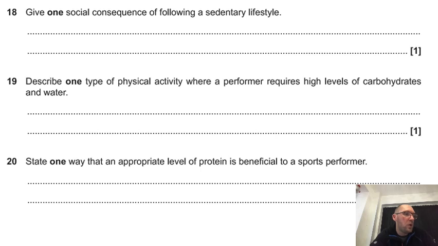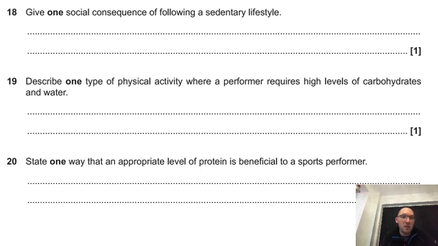So once again, we're looking for not meeting people or being isolated or not being part of a group, team, a community or poor social life, not having any friends or fewer friends, hard to make friends, or becoming lonely, or social anxiety, or putting more stress on health provide services, or difficulty with communication with others. It says do not accept cause for anxiety because it is too vague.